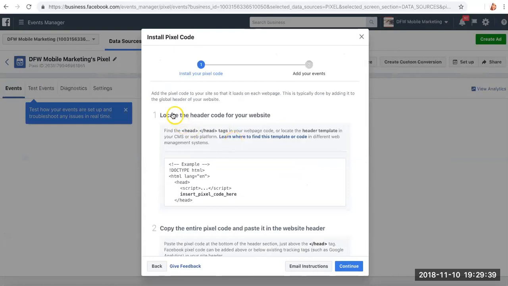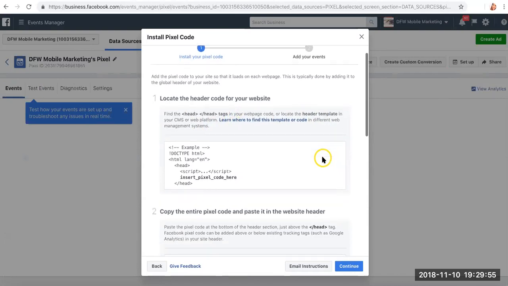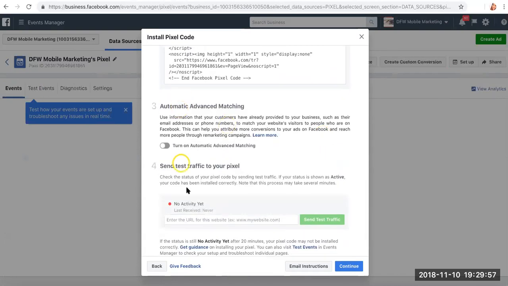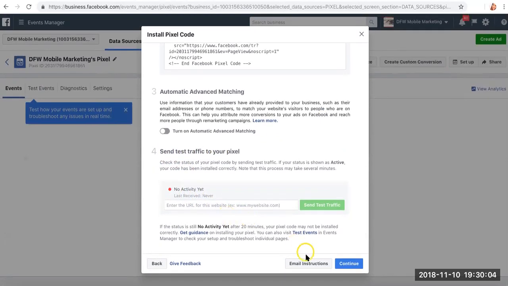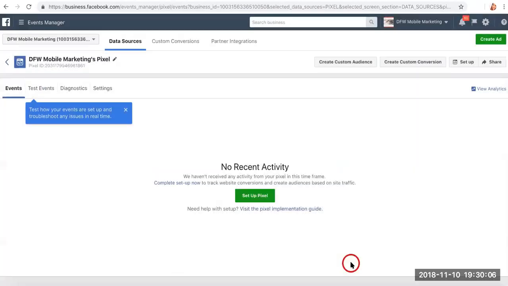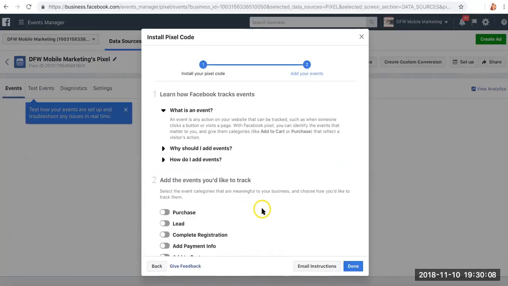So, I mean, all these, like the locate header code for your website, this is your web page code for header templates in your CMS or web platform. So this is a different one. And then this is all different stuff. So send test traffic to your pixel. And so I'm going to continue. So if you have different things going on,